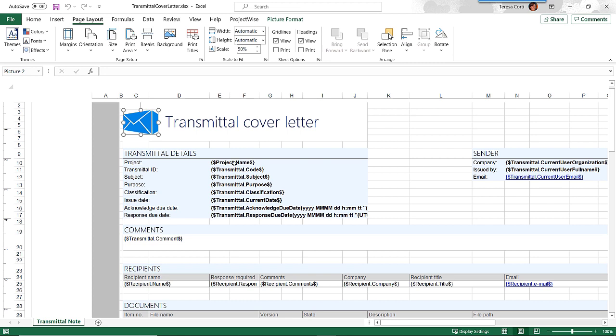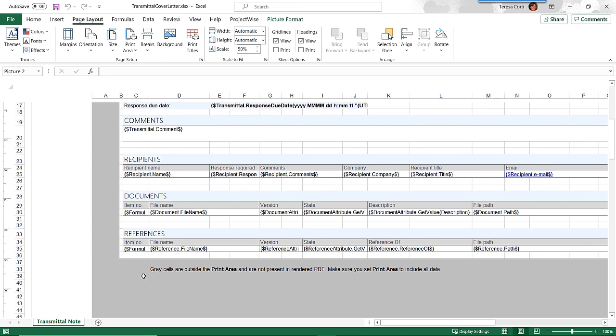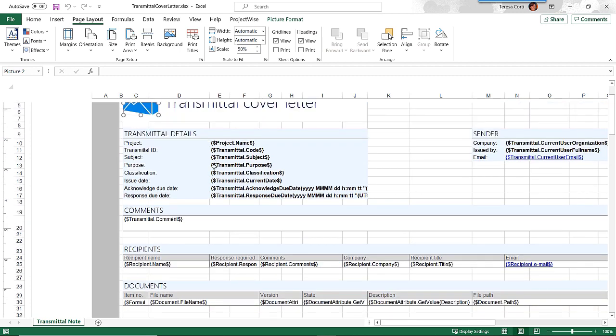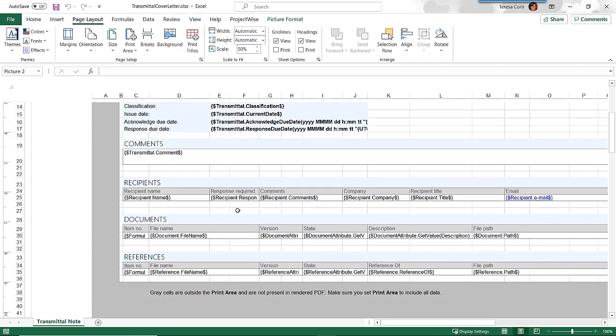You have all these project name, transmittal code, all these are variables. You have to be careful what you modify here. Also, the gray area is not printable area, only this part is printable. So also you have to be careful there. But for example, you will have all the transmittal details, the sender, comments if you had a comment, the